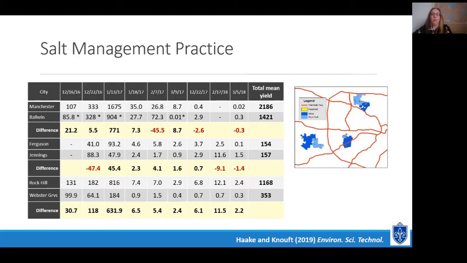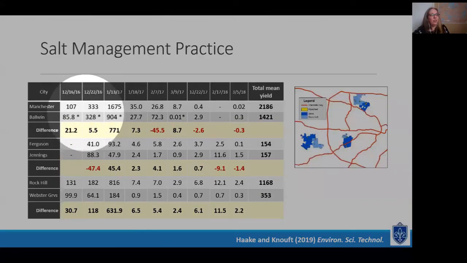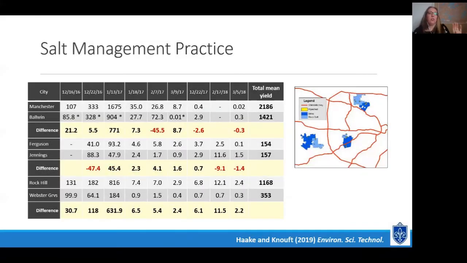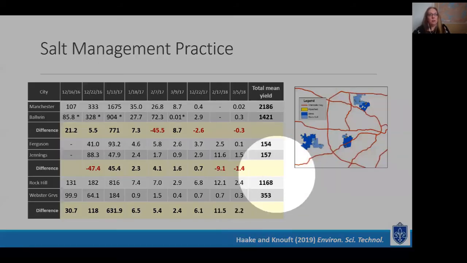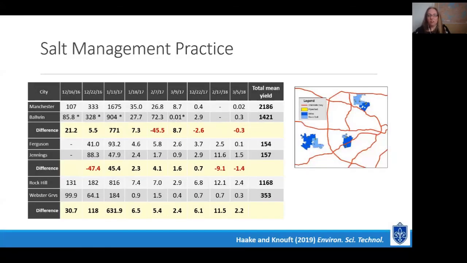So how does this reduction in salt look if we break it down by city? There are a few notable differences that I want to point out among the cities. But first I want to mention that these cells in gray represent the mean yield across the stormwater pipes within a city for each storm. So those are the means of the 4 different locations in the one city, and then that's for each storm event with the dates listed at the top. This last column is the sum of the means across all of these storms. So for each pair,